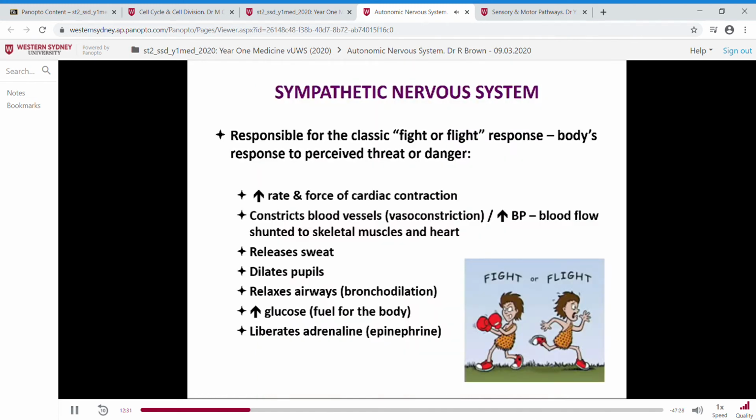So, the sympathetic nervous system. Those who have heard about it will have heard that it's called the fight or flight response. It's the body's response to perceived threat or danger. This is the classic image. We often say a caveman comes across a woolly mammoth or whatever it happens to be, and the body decides whether it wants to stay and fight or flee. We don't come across those things these days generally, but